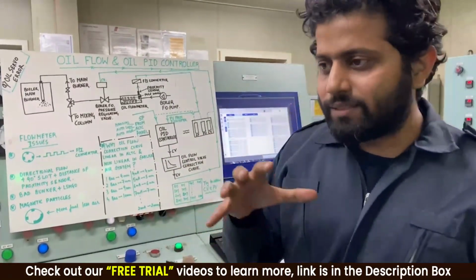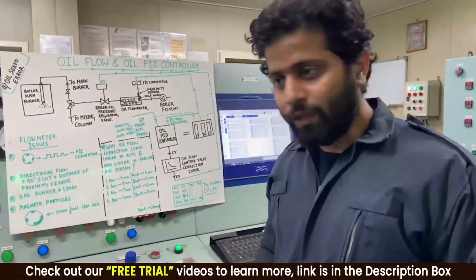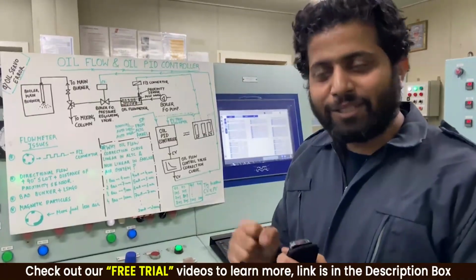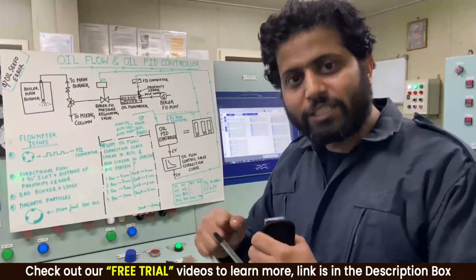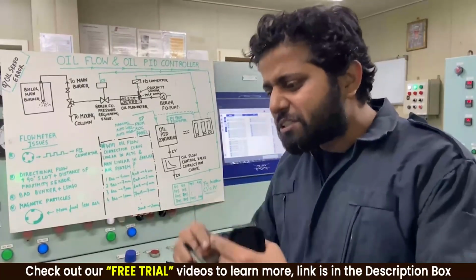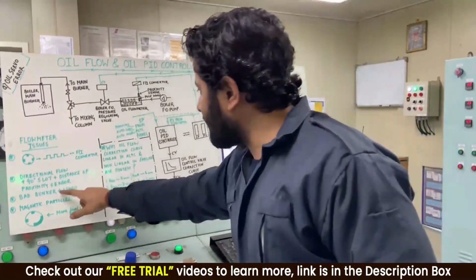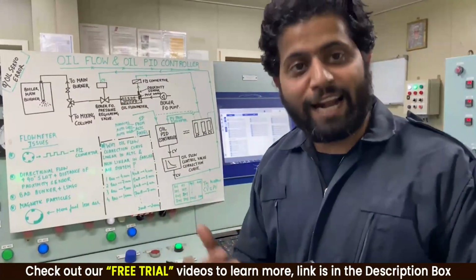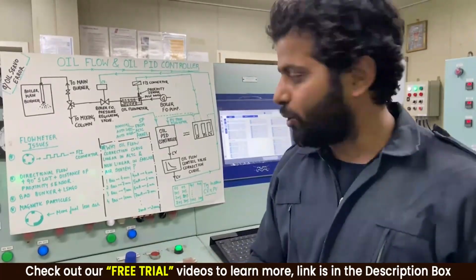Now something else that is very important is that when you have bad bunkers, the bearings over here get damaged. When your bearing gets damaged, your flow, even if it is more, shows less, because the rotation is very slow. So during bad bunkers, these bearings get damaged and your flow meter becomes erratic. So you can have improper combustion, which is very, very dangerous for the boiler.